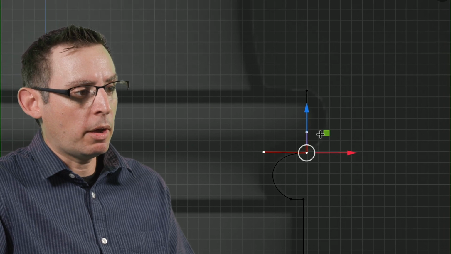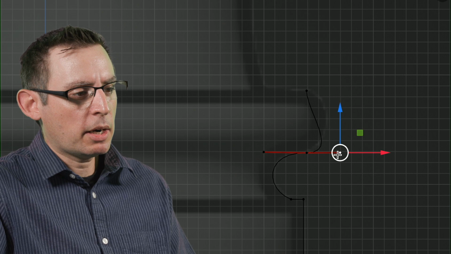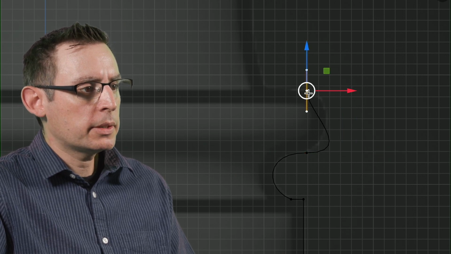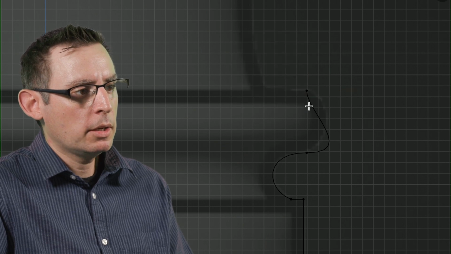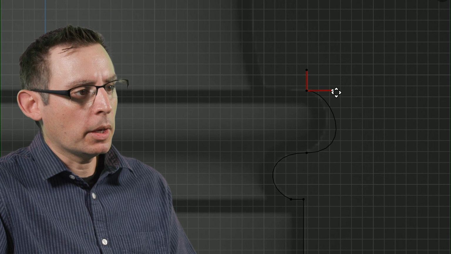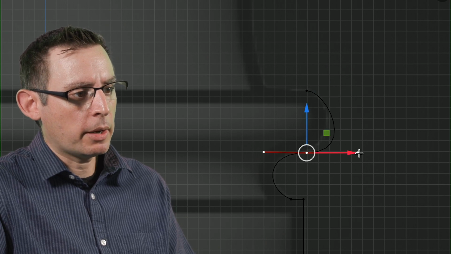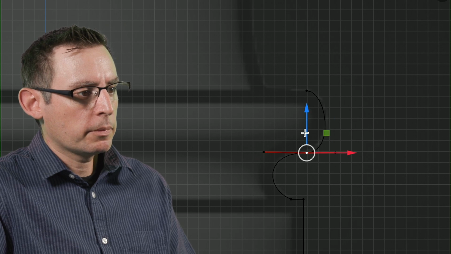We're going to do the same thing on this one over here. Grab its tangent handle. I'm going to make this kind of parallel. Let's see what that does for me. Once again, change the handle type back to free, so I have complete control over it. Yeah, something like that, which is working out just quite wonderfully, I think.